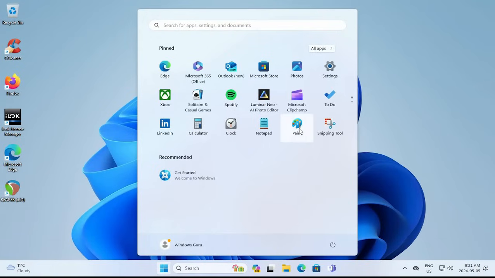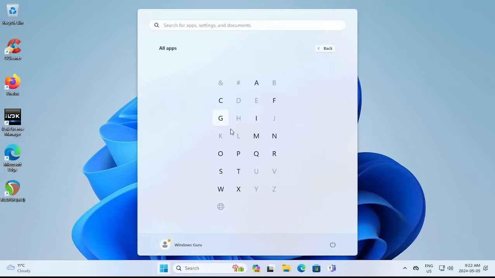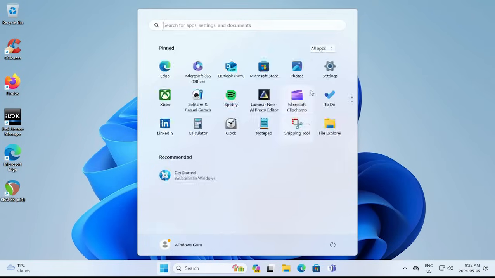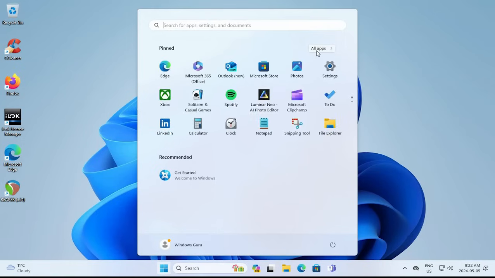So here we already have the paint icon, but if I unpin it here and then I go back into all apps and then click on any letter, go to P, there's our paint, right click, I can pin to start, and then it will show back up, but generally at the bottom, it'll become the last item. All right, so